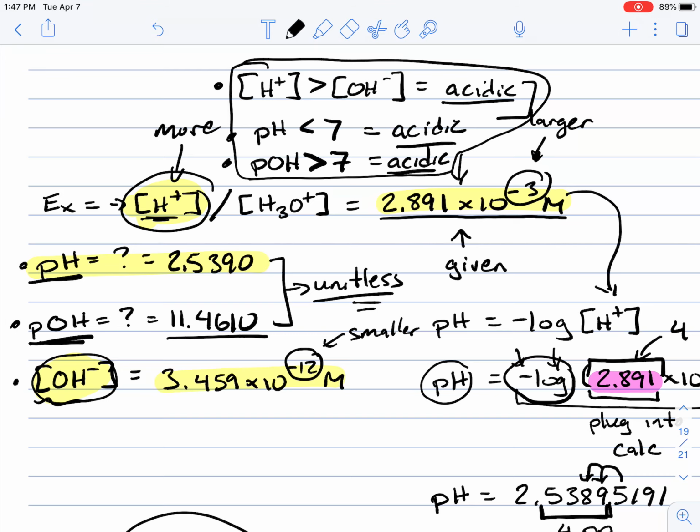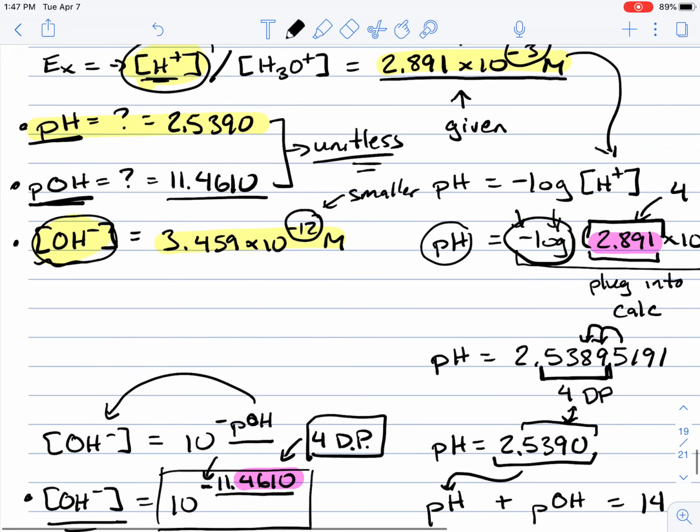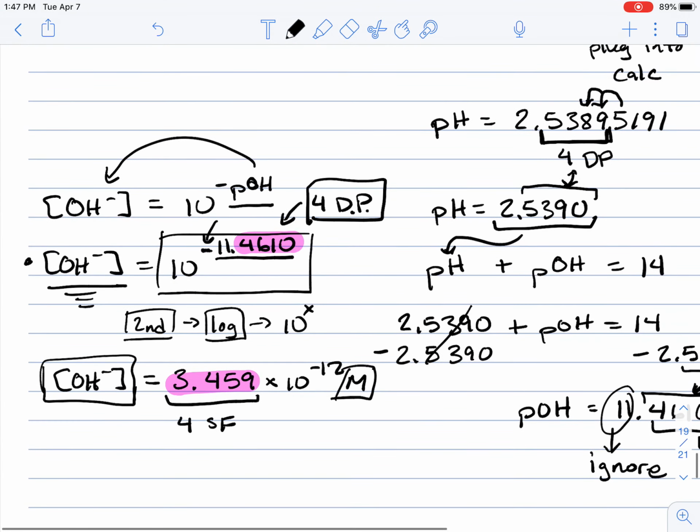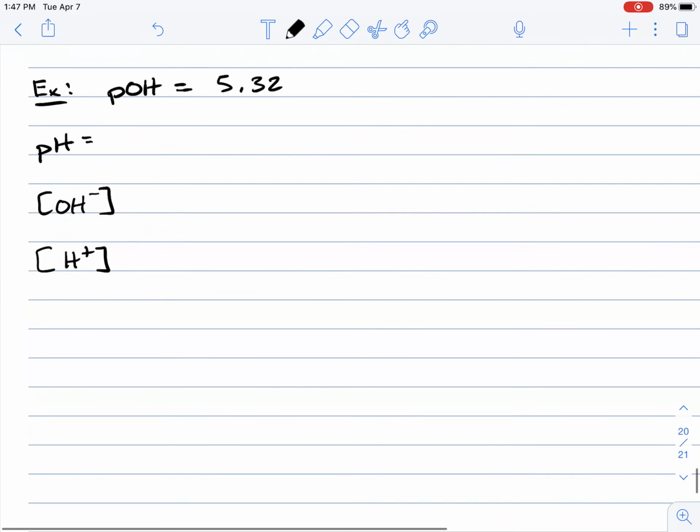Okay. All right, so let's go ahead and continue. We're going to go ahead and do one more example. So let's just say that our pOH was given to us, and the pOH is 5.32. The first thing that I'm going to solve for is the pH. And so to solve for the pH,